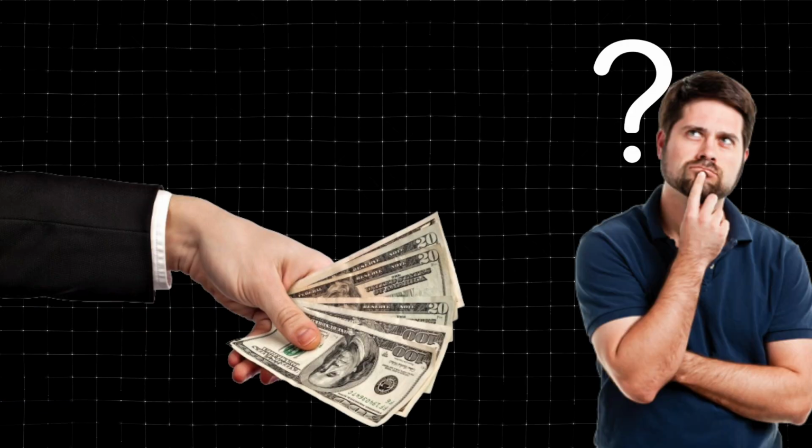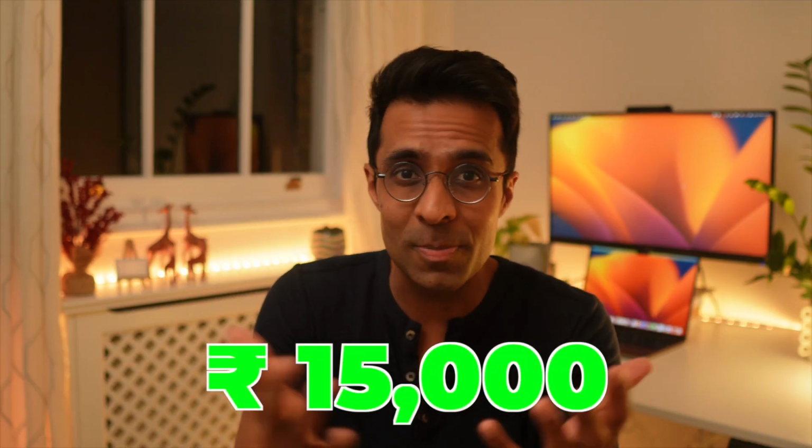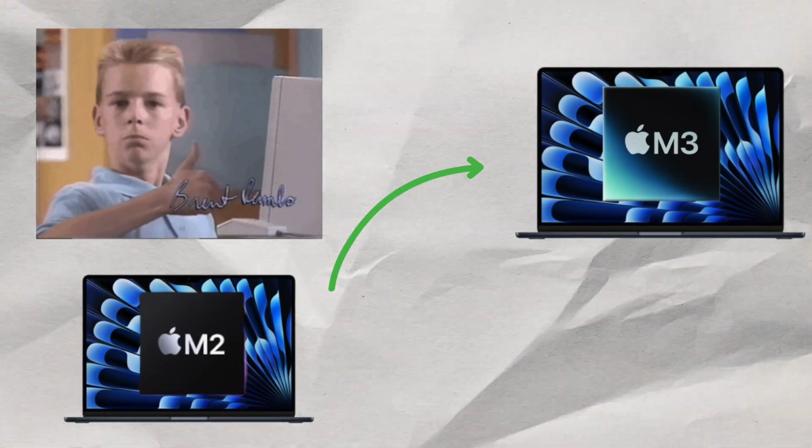So, should you buy the MacBook Air M3? It's just $100, a pound, or 15,000 rupees more expensive than the M2 Air. With a faster new chip, it should be an easy upgrade to recommend, right? Well, I know this sounds crazy, but for most people, I don't think I can recommend it, except in two